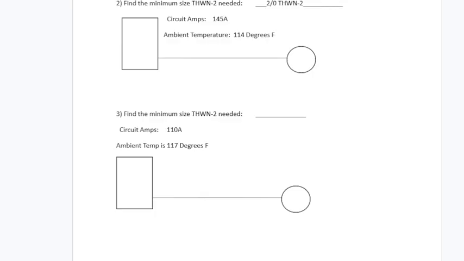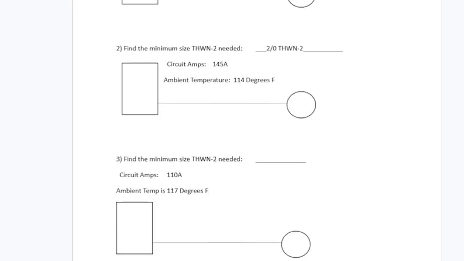All right, there are cases where we think it's one answer and we got it wrong, or somebody gets the right answer. So it's looking for THWN. It's 110 amps now, and the temperature is 117 degrees Fahrenheit, which keeps us in the same everything as last time. It's a 90-degree column conductor, THWN. 0.82 is the correction factor because 117 is almost the same as 114, really. So it's just a redo of question 2, make sure you got it.